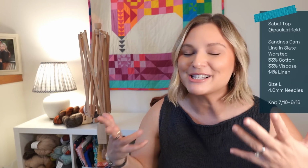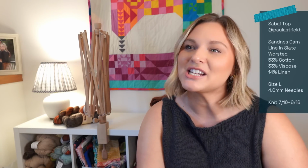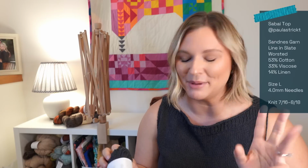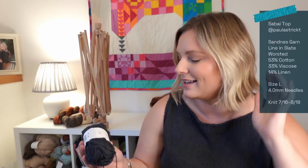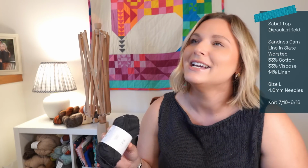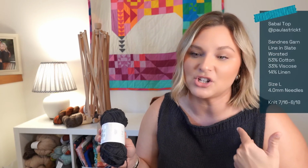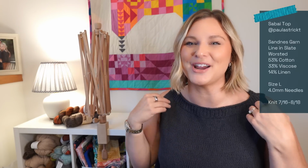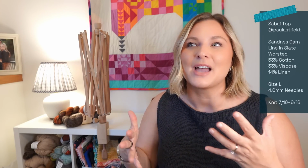What I'm finding with summer yarns is that is not the case. You cannot hide from anything with these. All of your mistakes are out there in the open and you have nowhere to run. That's something I really discovered with this: you can see all of my joins. If there's anywhere where my gauge was a little bit different, like there's one place on this garment where I saw a TikTok or a reel about